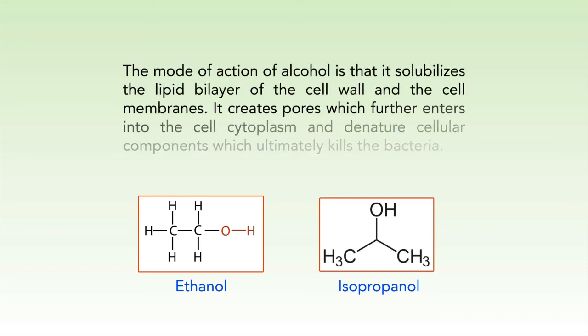The mode of action of alcohol is that it solubilizes the lipid bilayer of the cell wall and the cell membranes, and it creates a pore which further enters into the cell cytoplasm and denatures the cellular components, which